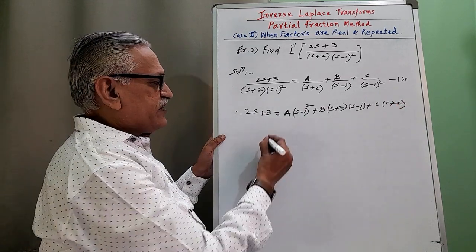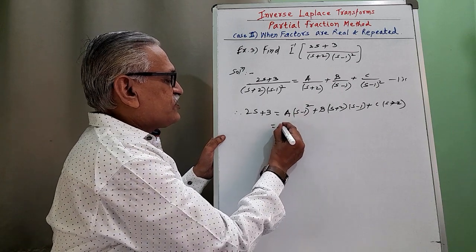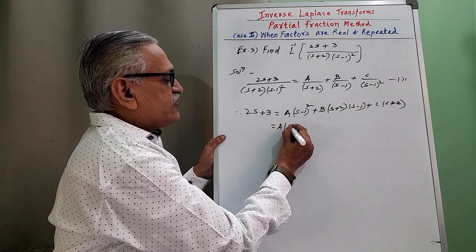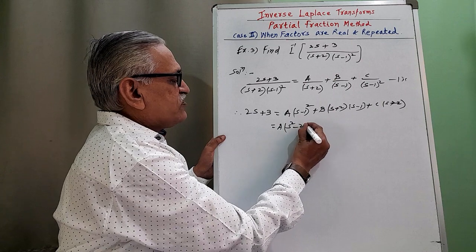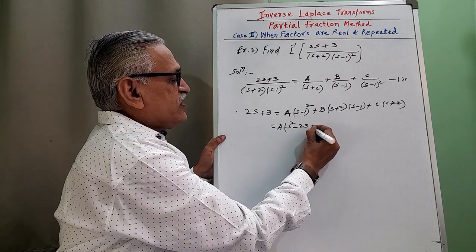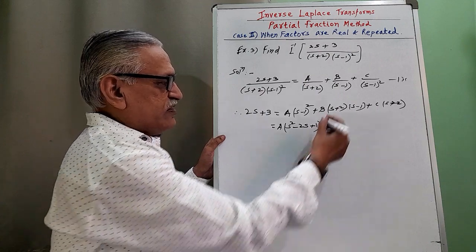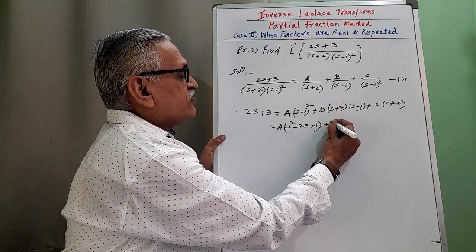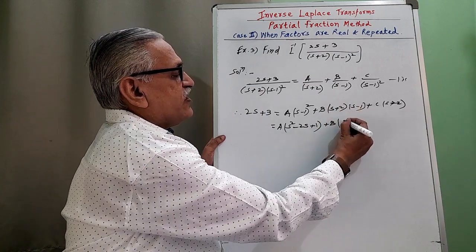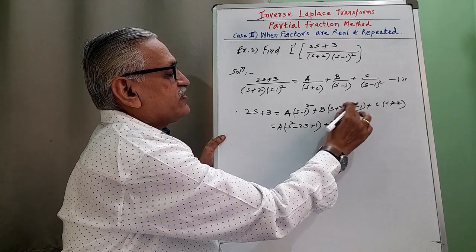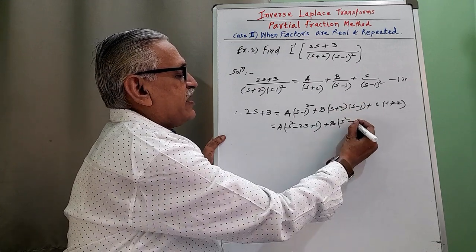Then simplifying it, expanding the first bracket, its expansion is s square minus 2s plus 1, a square minus 2ab plus b square, then b into s square minus s plus 2s,